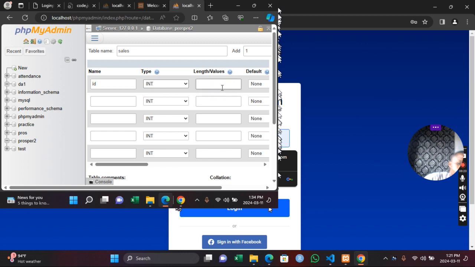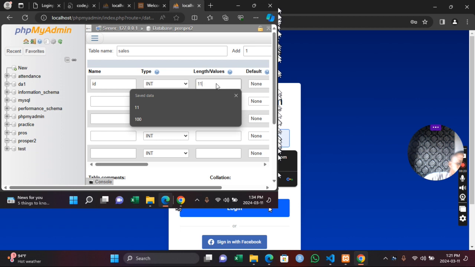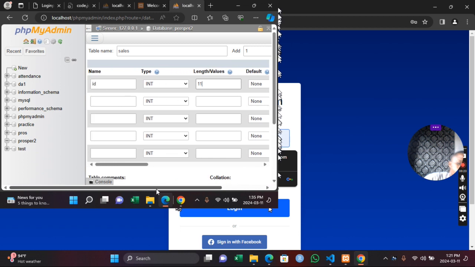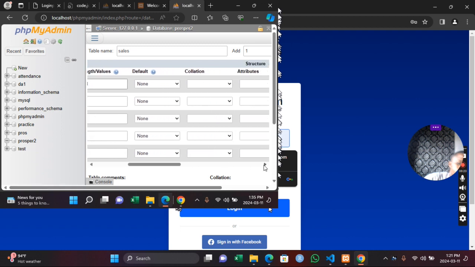Good. Now the length, pay attention here. The length. What will be the size of whatever will be posted to the heading? Here I can put 11, meaning that by default, the table is going to come with 11 rows. Then after the table has received the first 11 records, it should be increasing automatically. Remember, we click on Auto Increment. It was AI there